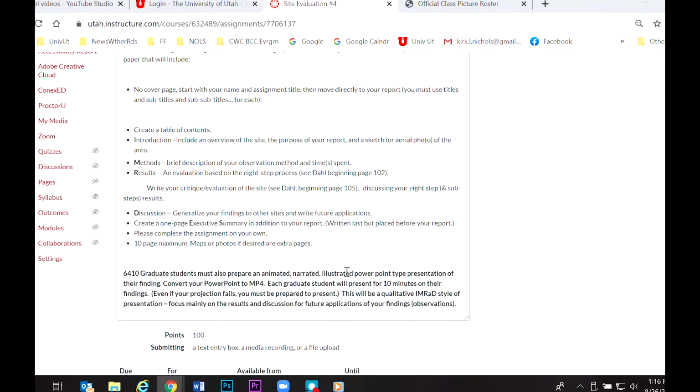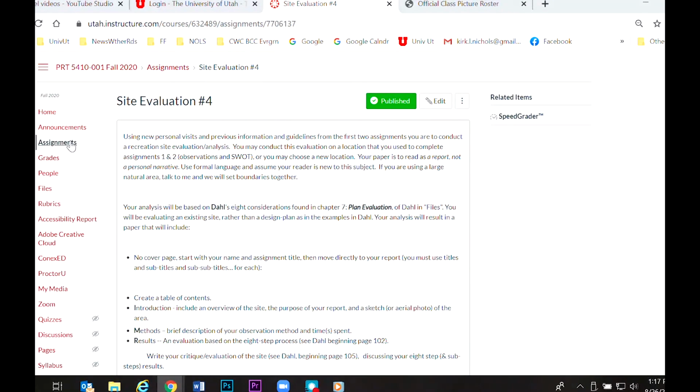And when you save a PowerPoint, if you look down through your choices of how to save it, one of them is an MP4 video. So I found that is a much more functional, shareable form than an animated PowerPoint, because I've had animated PowerPoints lose their video or their audio before. So you don't want to have that happen to you. Save it both as a narrated animated PowerPoint and then immediately save it. In fact, I saved mine as an MP4 first. It just seems to be a more stable environment. Okay, so that's looking at site evaluation.